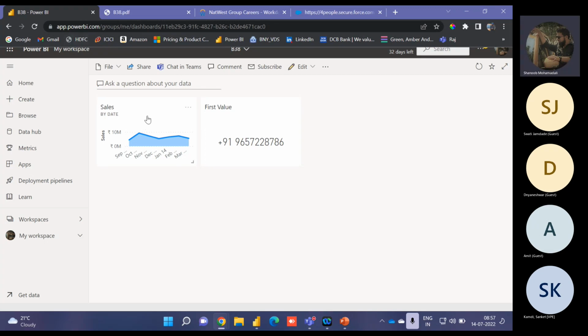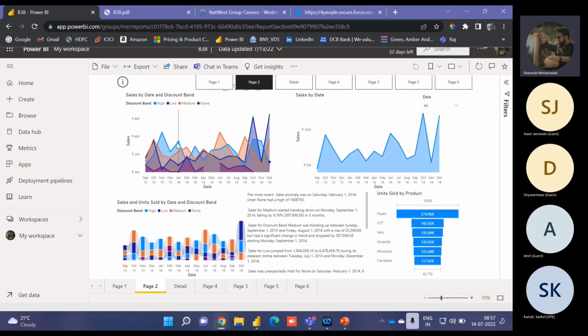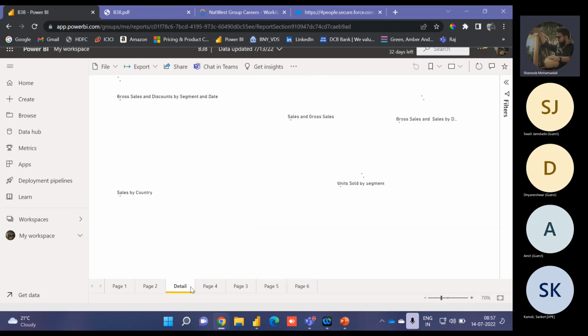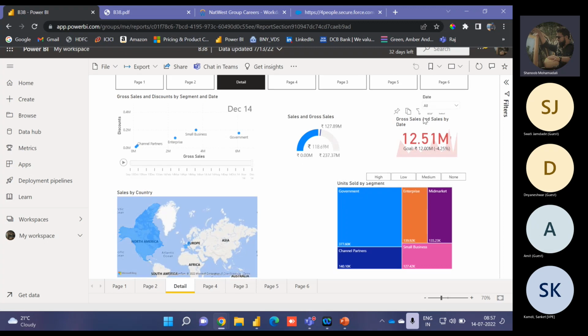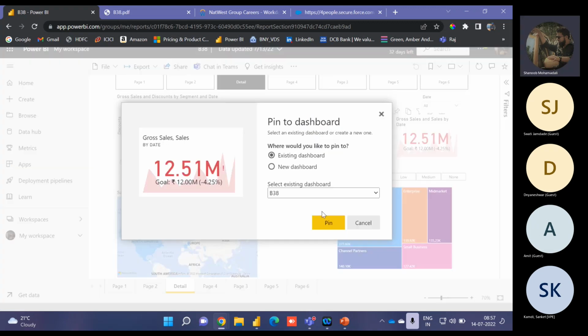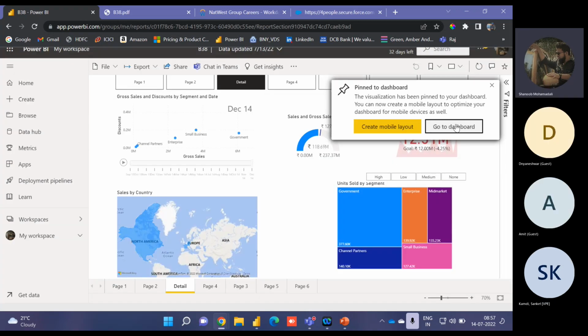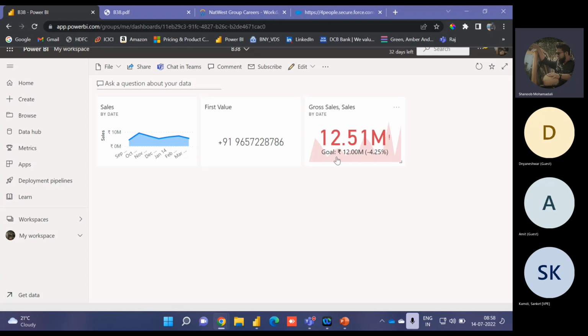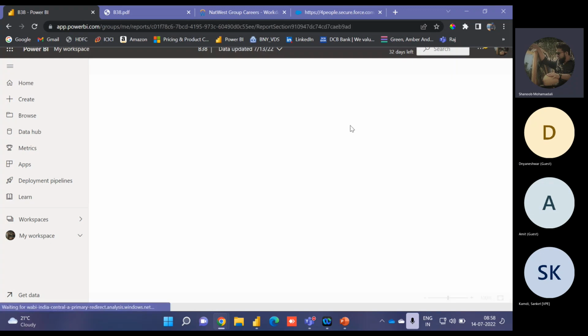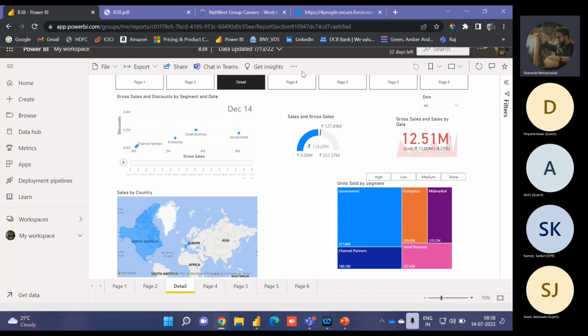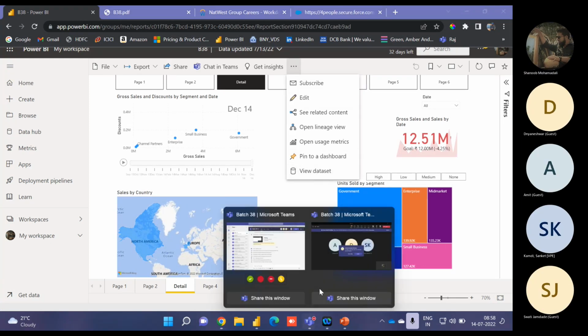So then what is pin to a dashboard? We saw pin visual, correct? Let's say from details, I again pin a small visualization, let's say this KPI card. Pin it there. If I go to the dashboard, it's so big. Let's make it small. So I have three tiles. In dashboards, visualizations are called tiles. So I have three tiles in my dashboard, which redirect me to the original report. When I click on it, it takes me to the report, like this. But if I say pin to a dashboard,